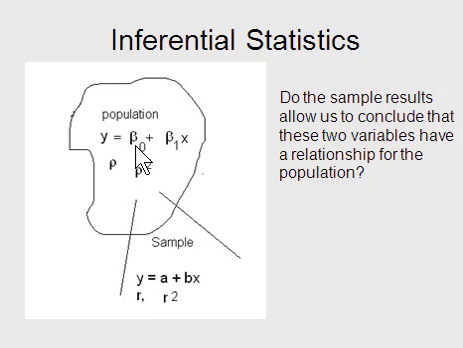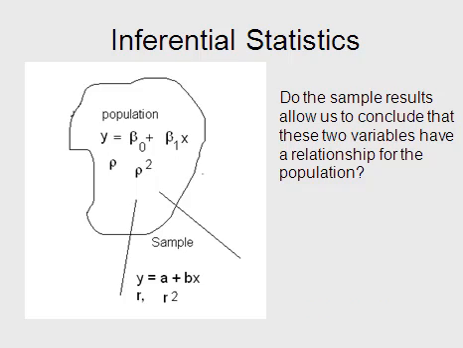For example, the y-intercept is represented by beta sub 0, and beta sub 1 is the population slope, believe it or not, in the regression line. The coefficient of correlation is the Greek letter rho, and the coefficient of determination is rho squared. And the question we have: do the sample results allow us to conclude that these two variables have a relationship